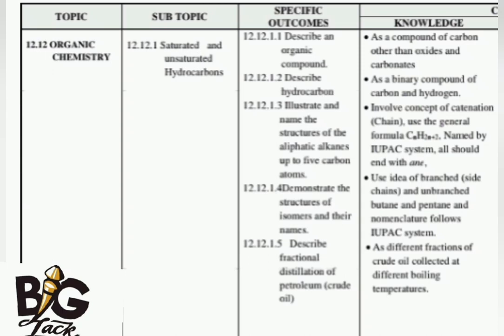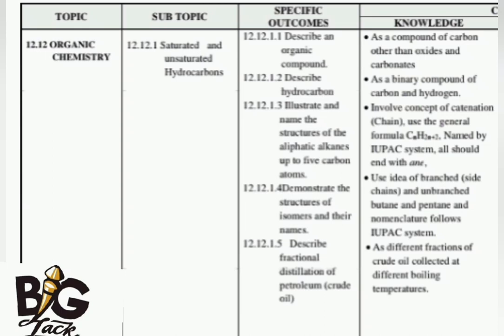That is the general molecular formula to which all alkenes conform, where n represents the number of carbon atoms. Apart from that one, you need to demonstrate the structures of isomers and their names. Now, when you talk of isomers, these are